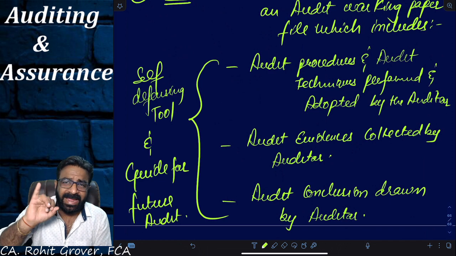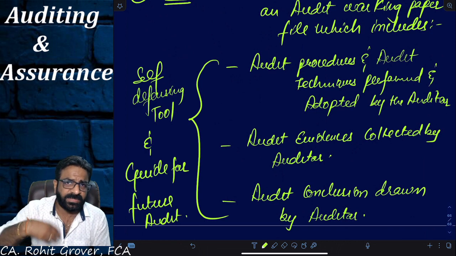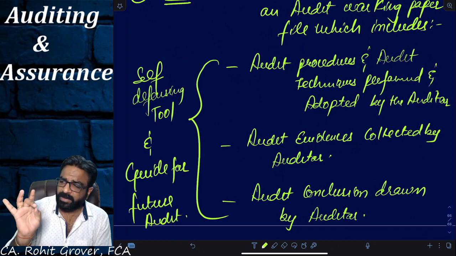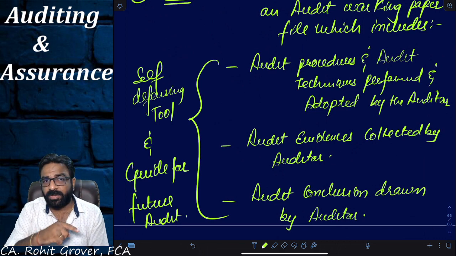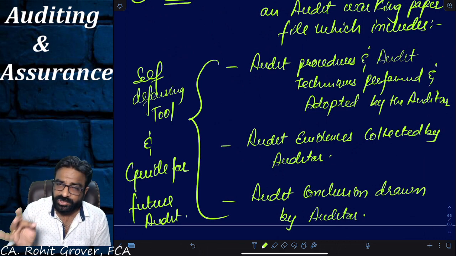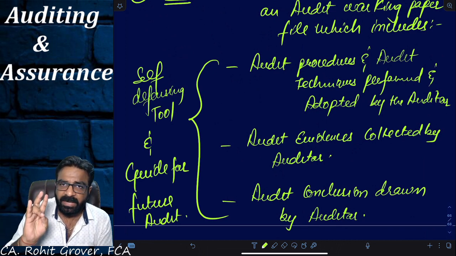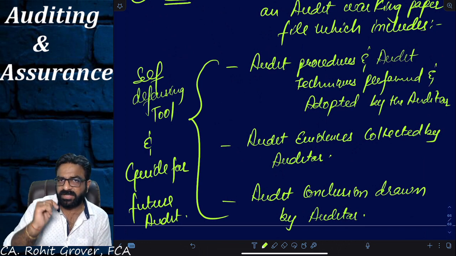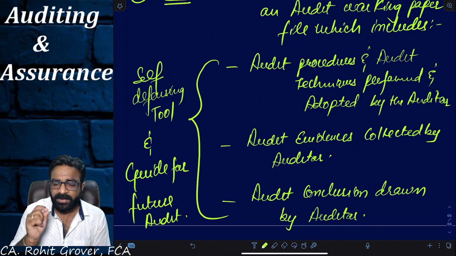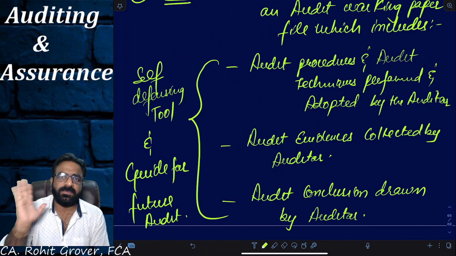Yes. Acha, in the planning, SA-300, and in the materiality, SA-320, did I tell you two topics that we should always keep on documenting: our audit plan, audit strategy, changes in the audit plan, and the reasons of change? Yes. Did I tell you in SA-320, the last topic which we did in the previous class on Sunday, we should also document the materiality level of your financial statements as a whole, materiality level of ABCD, performance materiality, what are the changes in these three, and what are the reasons of the change? Yes. So remember one thing, documentation means making a record of everything, whatever you are doing in the audit.